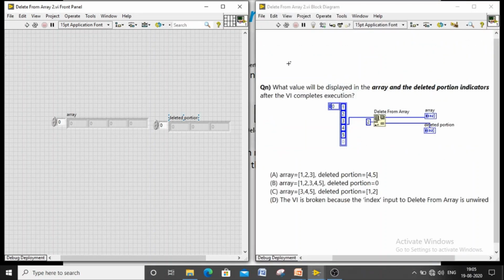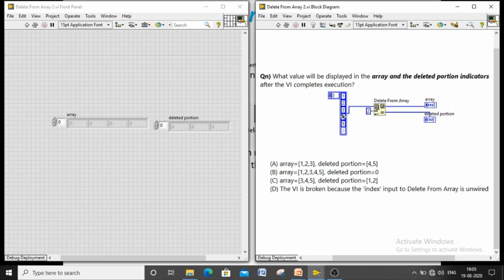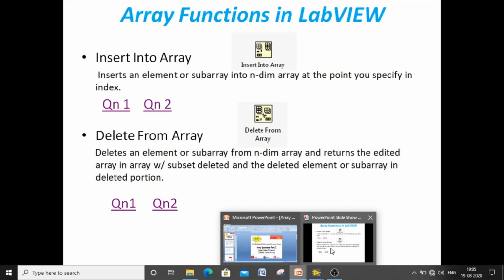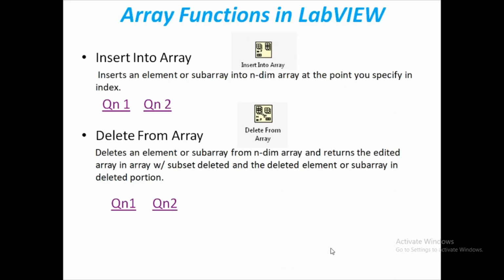Similar to the same condition, here I specified the length, how many elements to remove from the existing array, but I didn't specify from where. If you specify from where, those two elements will be removed from there, or else the last two elements will be removed. So from this we can understand that the last two elements, 4 and 5, will be removed, and 1 2 3 is going to be available in the array, and the deleted portion is 4 5, right? These are very important things.